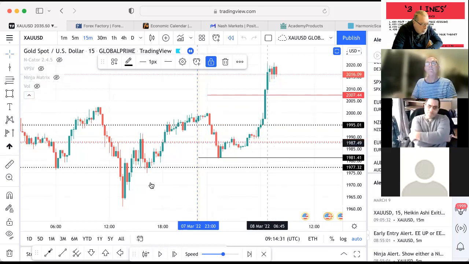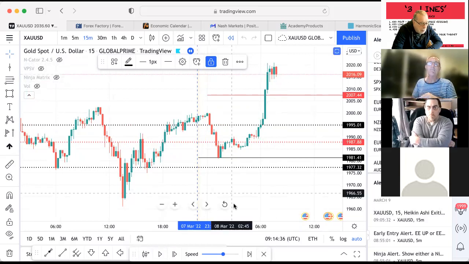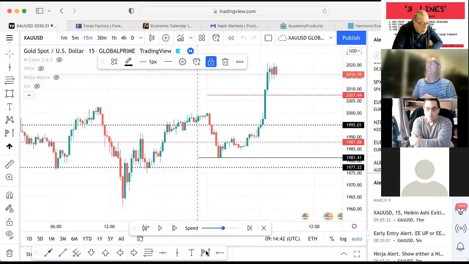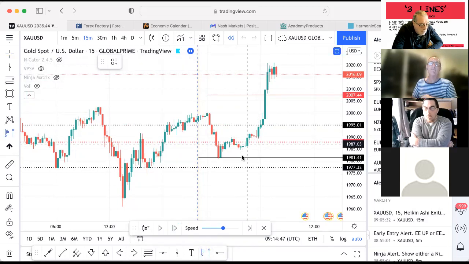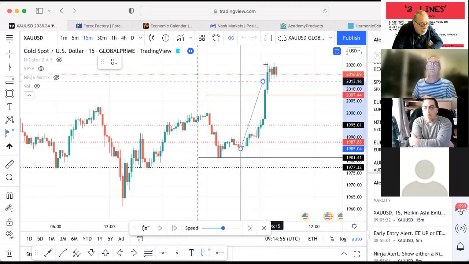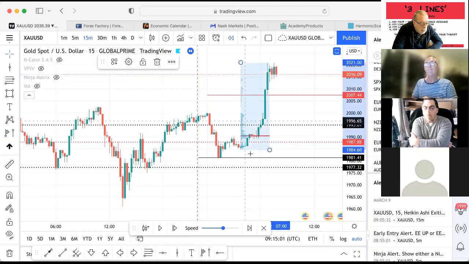And so she would then, I can't do this, or can I do this? I don't know. Yes, okay. She would put a volume profile on from the bottom of this move. So let's say the bottom of that candle there was the start of the impulse move, and that was the end of the impulse move. So she's now looking at a new volume profile,